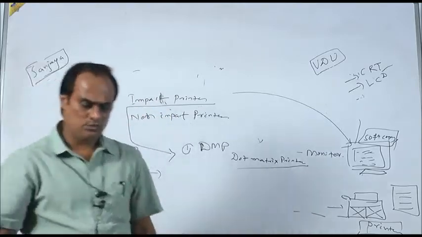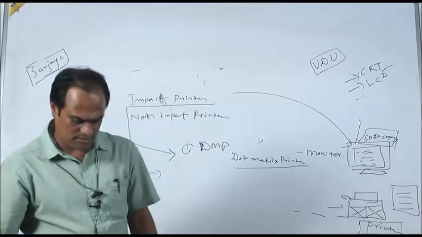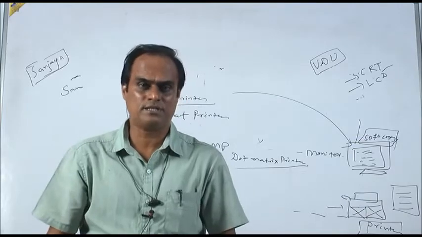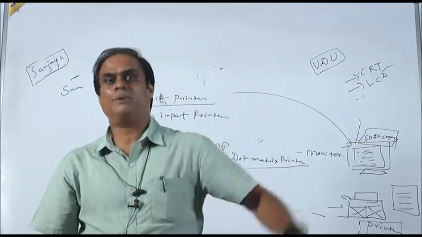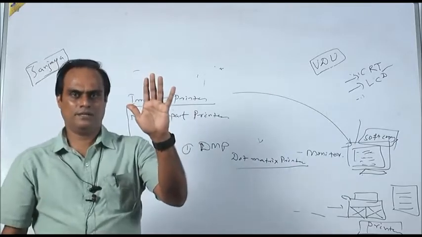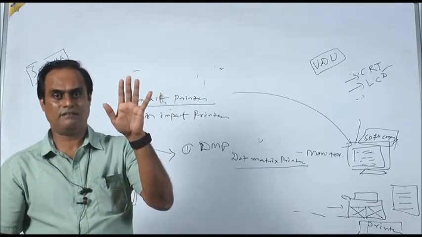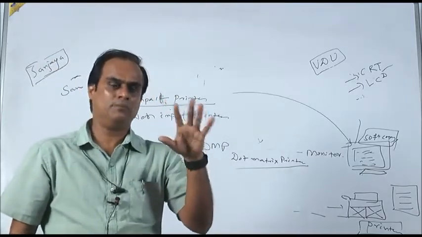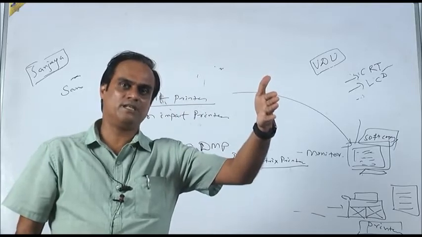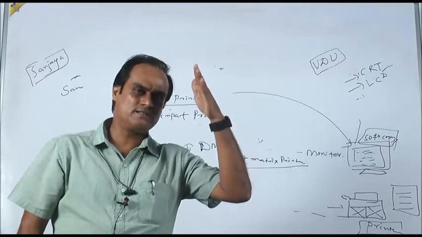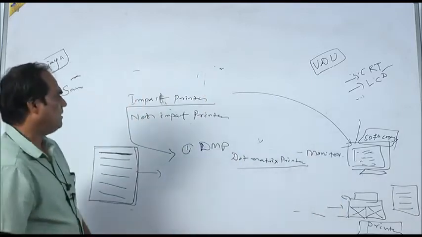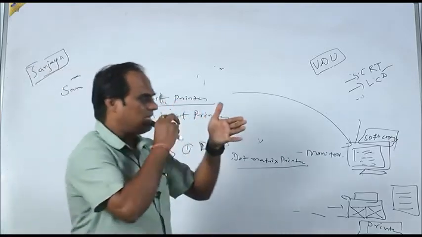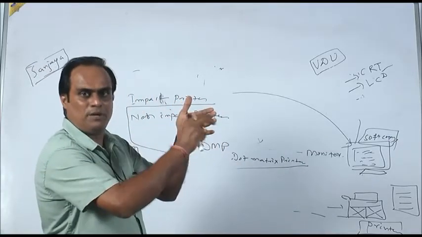Nowadays, you will not get it everywhere, but it is also used in the post office. When you go to the post office, nowadays they use the dot matrix printer when they give you a slip for speed post or any registered letter or parcel. Whatever printer they use for printing the slip is known as the dot matrix printer. This dot matrix printer comes under the impact printer because the head strikes on the paper for printing.